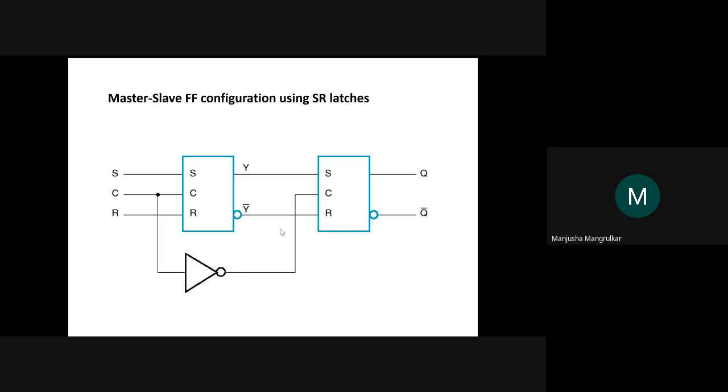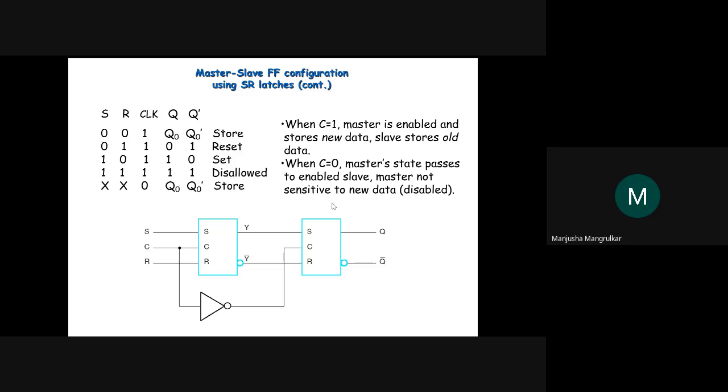Now when it is high, we will start from the high. The master will be activated when the clock pulse is high, and when the clock pulse goes low, your slave will get activated, right? And this is the configuration. As we know, when the clock is 0, whatever the value is, it isn't stored, right? It is disabled. We know that when S is 0 and R is 0, Q and Q complement stay toward the same state. When S is 0, it is a reset. When S is 1, it is a set, right? And when both are 1, it is a disallowed state, right?